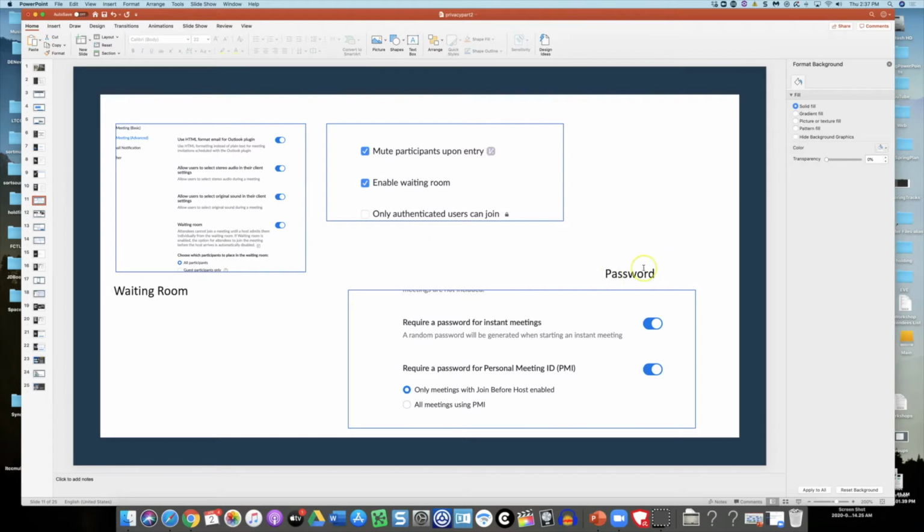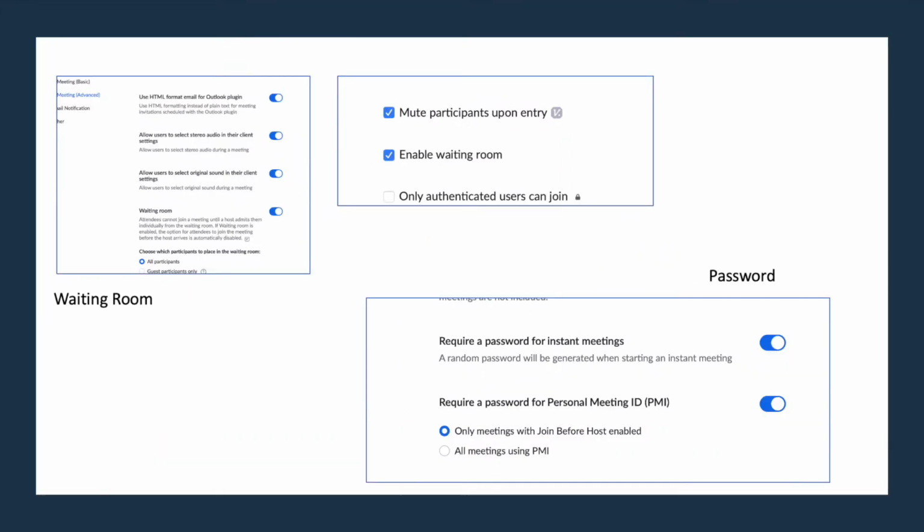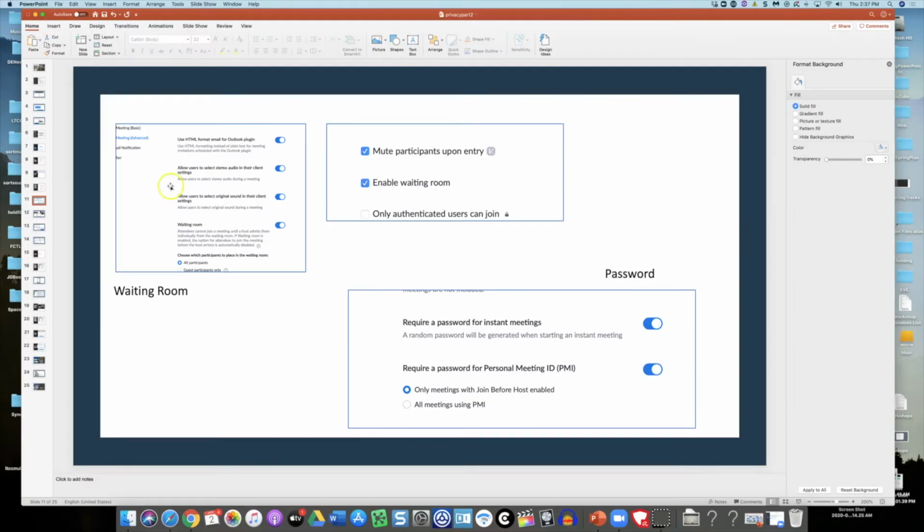Now, this one is called password, and I don't know if I'm going to be suggesting this one. So I set up last night the 7 o'clock meeting after I got Zoom bombed at 6, and 2 people successfully participated. The waiting room was enabled. So what that means is, and I'll show you what that looks like, I let people in based on knowing who those people are, who they say they are, and I'm not letting in some trolls.